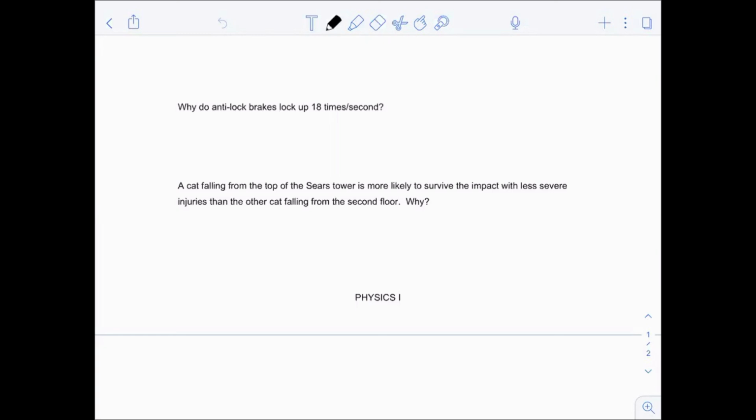Okay, a cat falling from the second floor is not going to be able to reach its terminal velocity. The cat is going to hit the ground with more tense muscles. Okay, so impact time is going to be much shorter. As a result, the acceleration is going to be much bigger. All right, so that's the only difference. The cat falling from the top of the Sears Tower is going to be moving faster than a cat falling from the second floor, but it's going to hit the ground with relaxed muscles, so it's going to be able to increase the impact time and thereby reduce the acceleration a lot more than a cat falling from the second floor. Okay, so